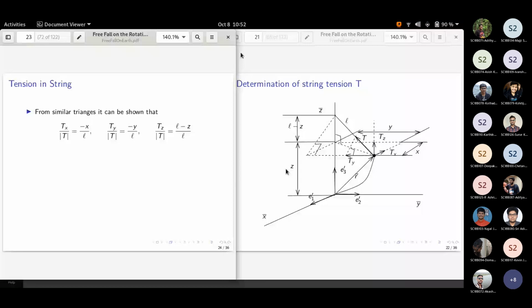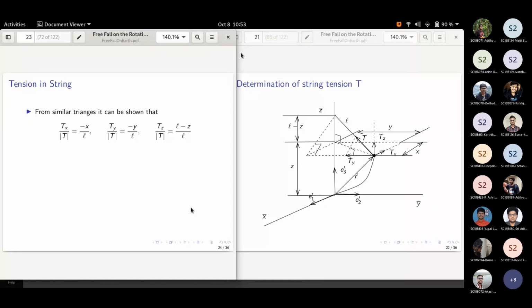So now the main point is the mg. Even though it is pointing towards the center, we have to argue why we took it in the z direction. I think I have not reached that point. The reason is a few hundreds of meters compared to 6,400 kilometers. Any questions? Today we will be stopping here.